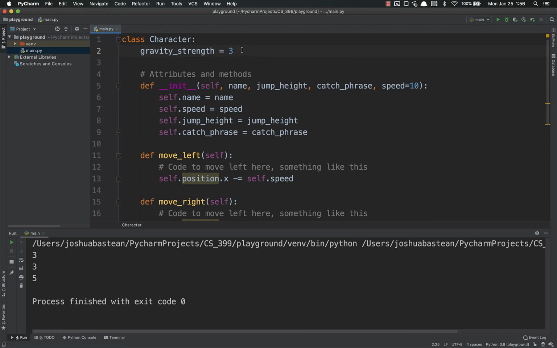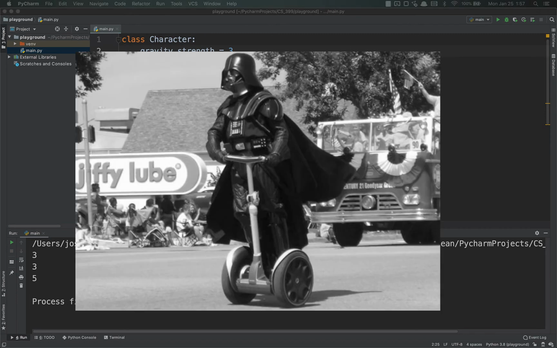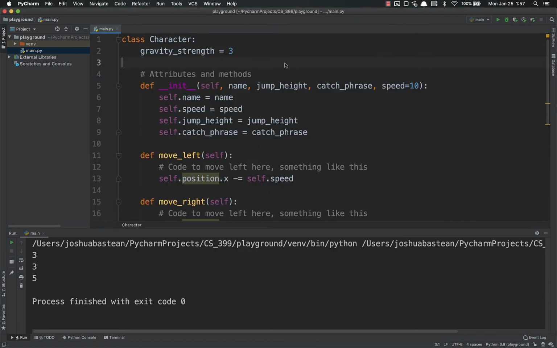They might have a different gravity strength, but you would override that in the child class, not on the individual elements. And that segues nicely into class inheritance. So what is class inheritance? Oftentimes we will want subclasses, or children classes, another term for them, to inherit attributes and methods from a parent class. This is useful for creating more specialized subclasses that add additional functionality that we might need without altering the